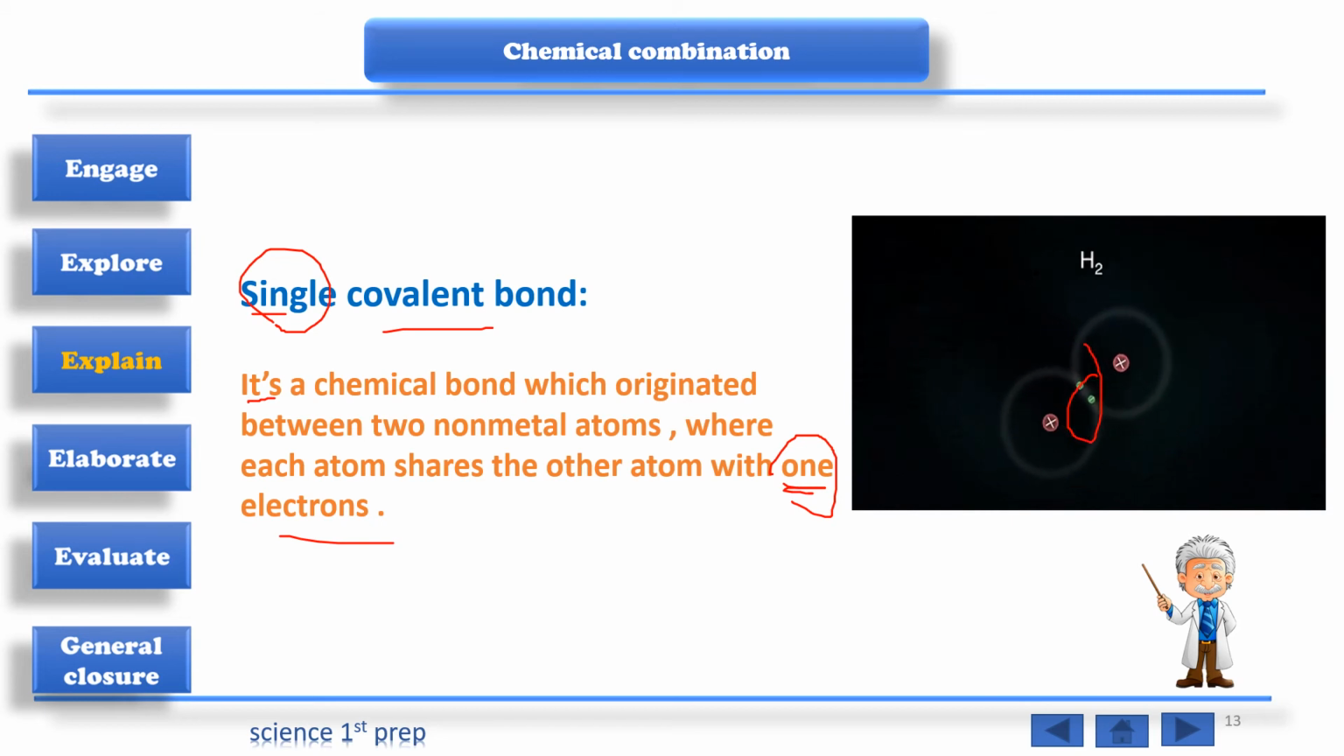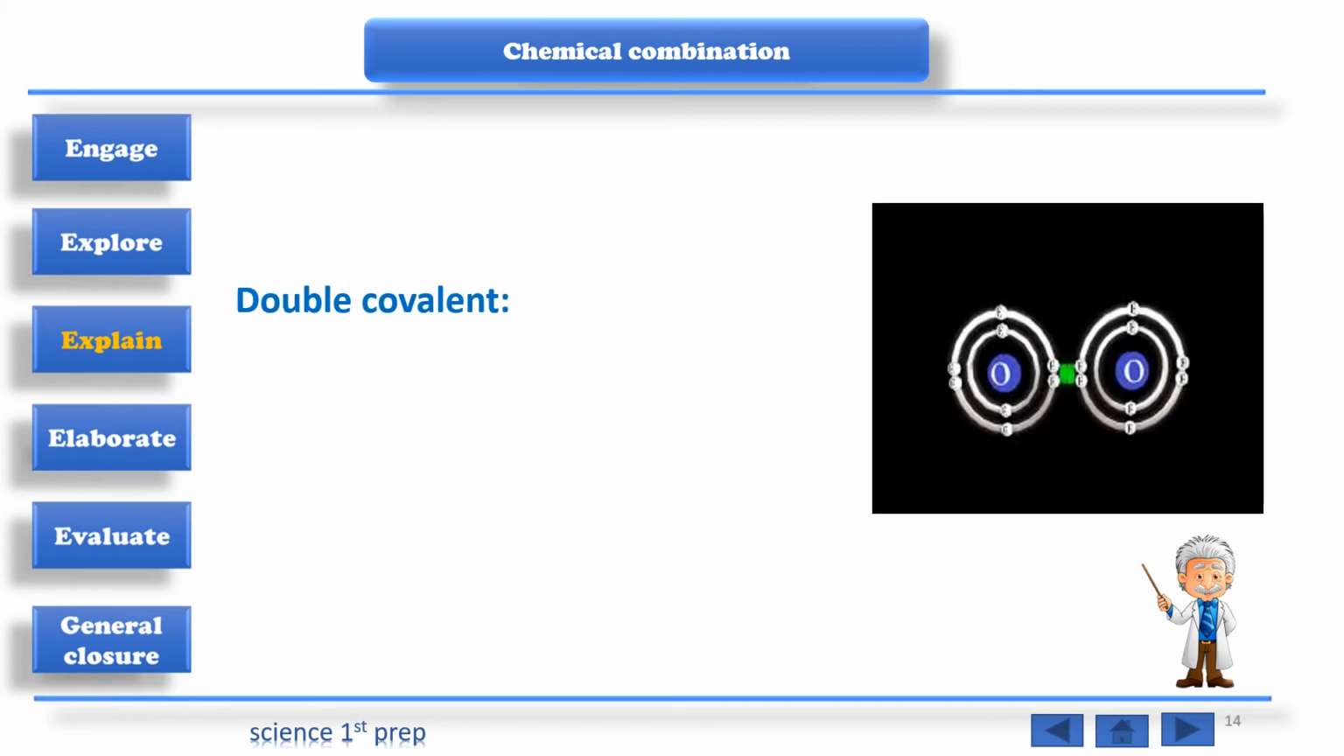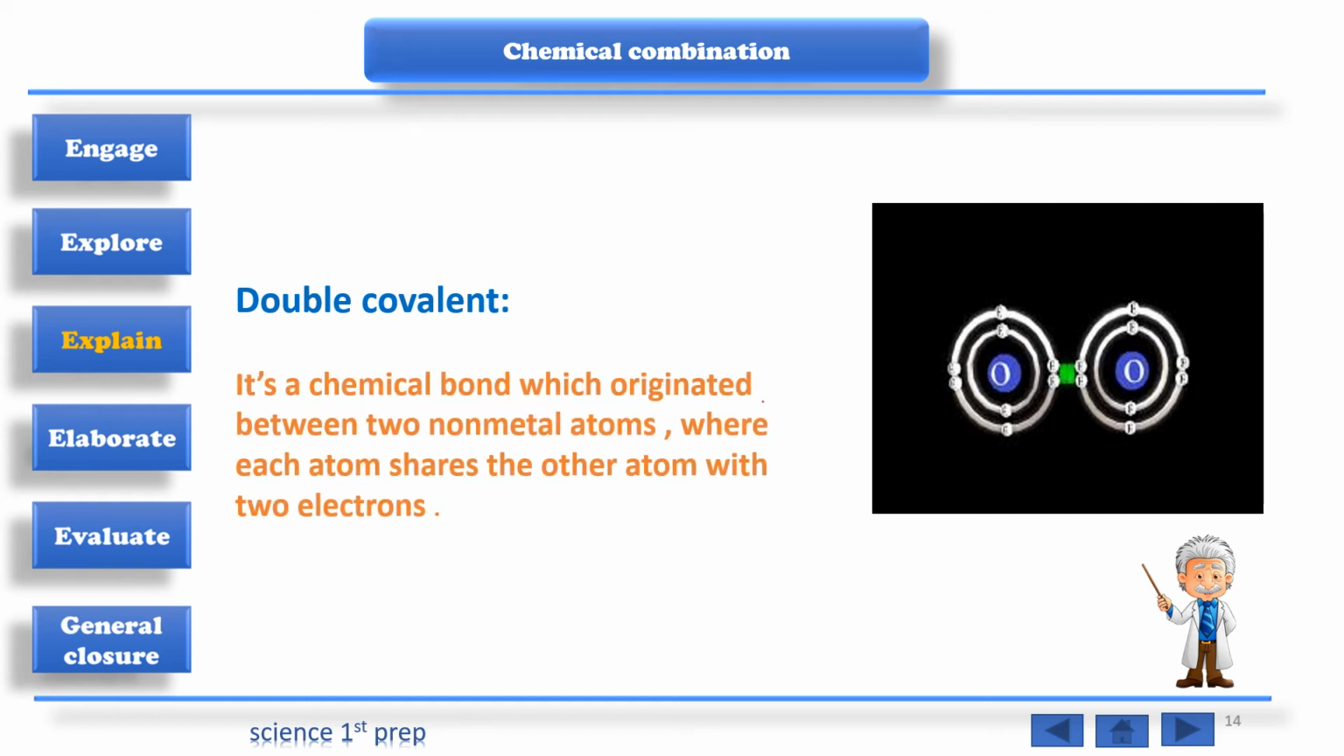1 atom shares 1 electron. Here in double covalent bond, the same definition, but instead of 1 electron, 2 electrons. So it's a chemical bond. Double covalent bond, it's a chemical bond which originates between two non-metal atoms where each atom shares with how many